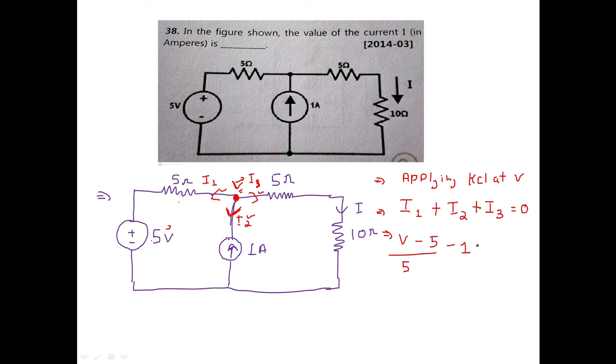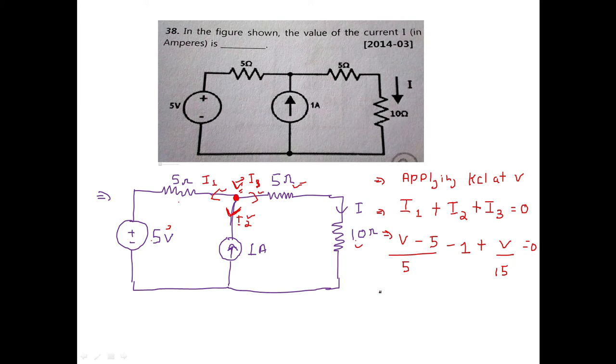And now if we talk about I3, how will we find I3? I3 is calculated in a similar manner, V upon 15. Why V upon 15? V is equal to IR, I is equal to V by R. So V upon R, across this branch there are two resistances, a 5 ohm and a 10 ohm. So 10 plus 5 is equal to 15. So I is equal to V by R, V upon 15. That's why V upon 15.